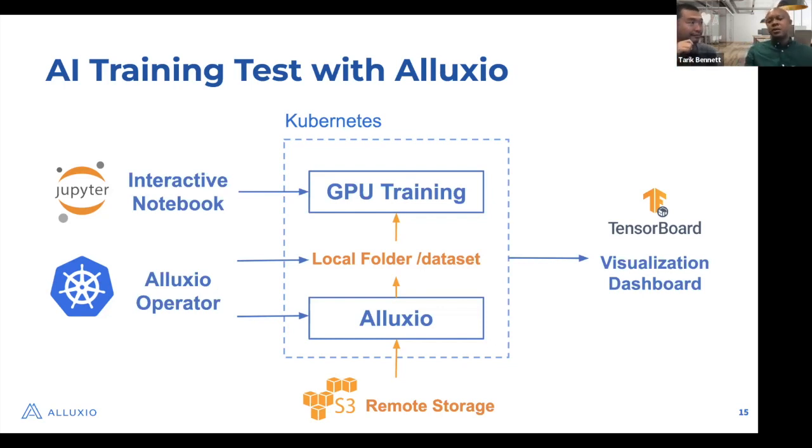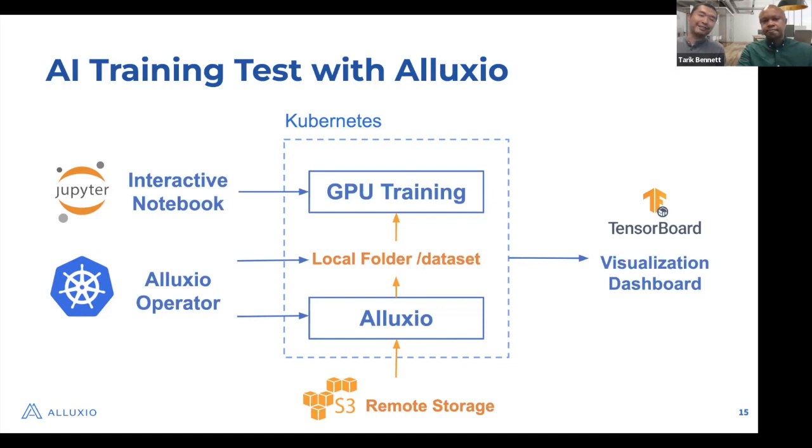So this caching is adding some level of locality that really helps with this entire data loading process. Yes. The internal implementation is more complicated, but here it just looks like a local folder. It looks like we are copying the data locally, and the training job can just consume the data locally. And it's important to understand that these are all tools that are readily available, and we didn't do anything special other than providing Alluxio as a caching layer.